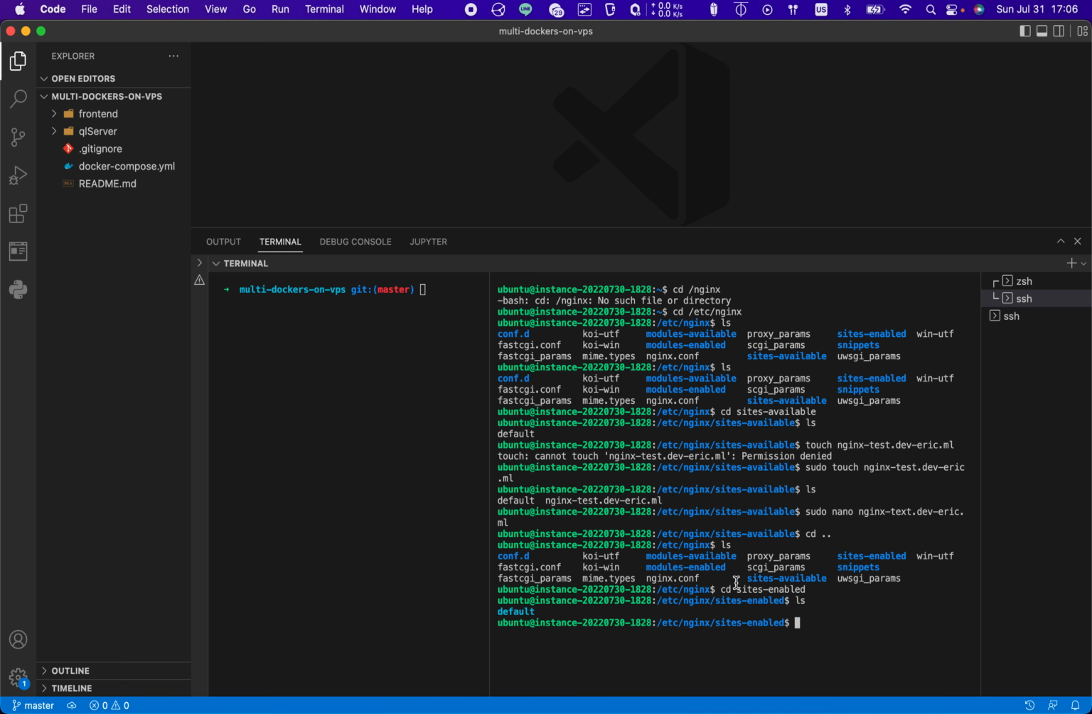You remember that we just created the file inside the sites-available called nginx-test.dev-eric demo, and we need to create a symbolic link between the one in the sites-available and the one in the sites-enabled. Okay, a symbolic link uses ln -s and points out which file we need to link with, and in this case it is in the sites-available